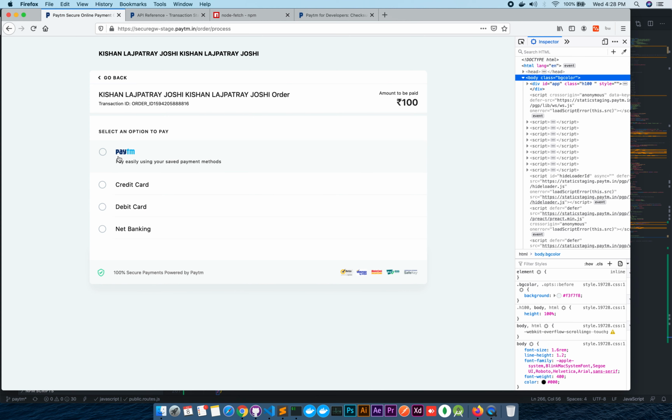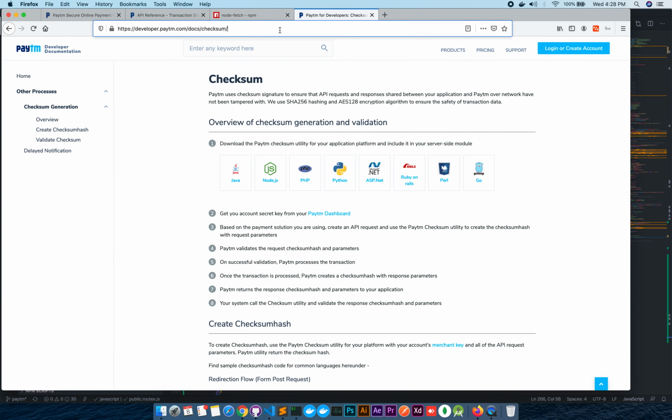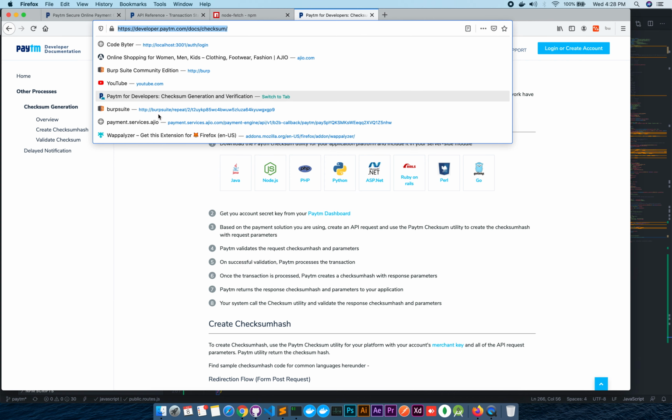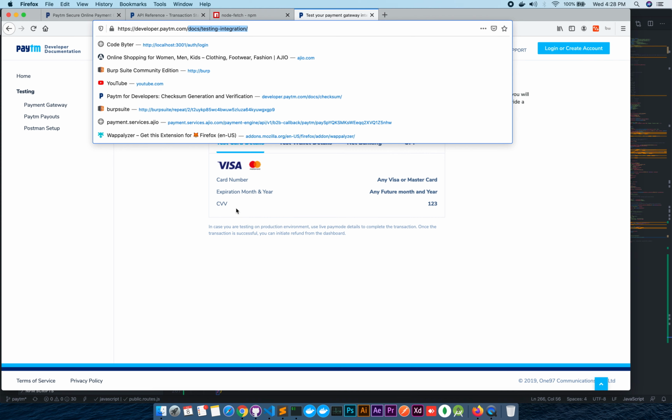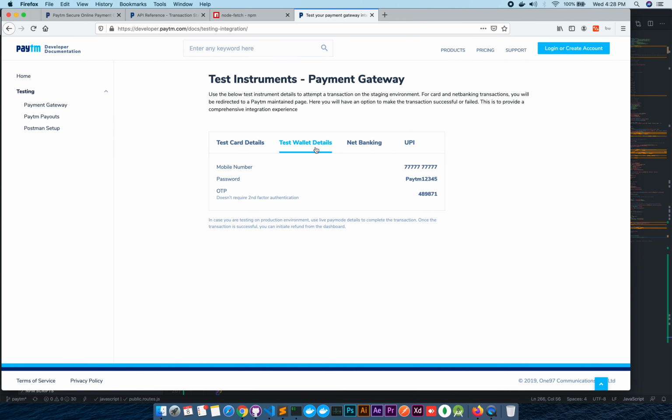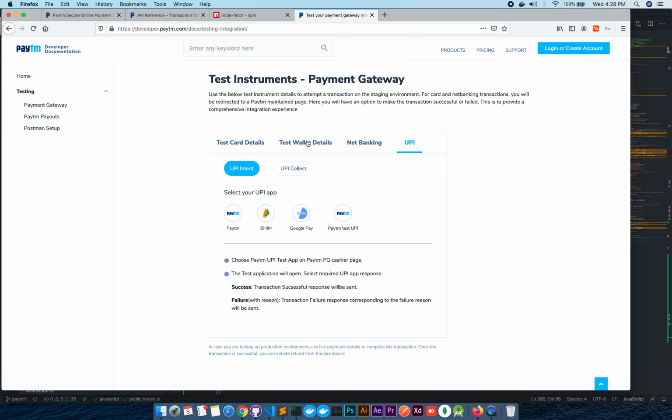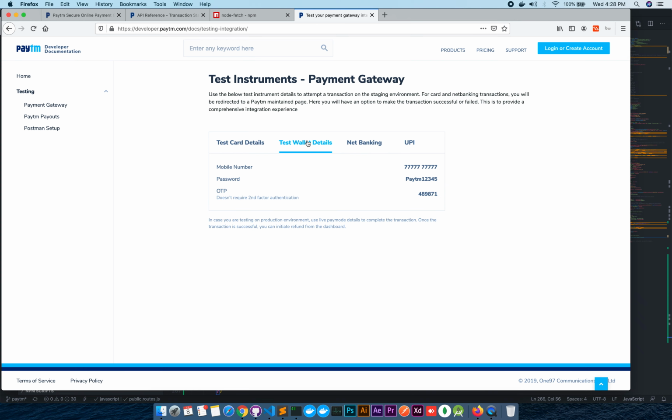Then go to this Paytm, or you can use different options. If you want to see how many options are available, just go to this website, paytm.com/docs testing integration, and from there you can get testing numbers for credit cards, passwords, all the things.